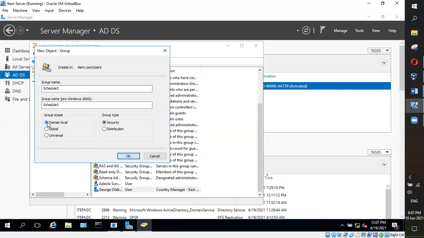Domain local means that this group, Schedule 5, is only going to be usable within the item domain. If it is global, it means that they can access other domains within that forest. Do you remember when we wanted to promote this server to a domain controller? It asked us to create a new forest because there was no existing forest. So global means that it can operate within that forest. And universal means that this group in this server can operate within all the forests,